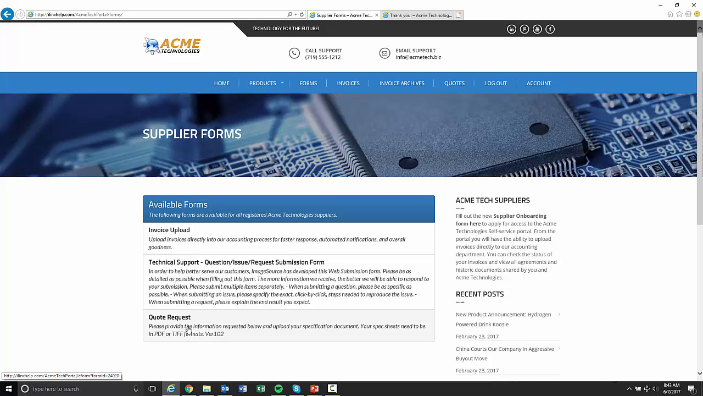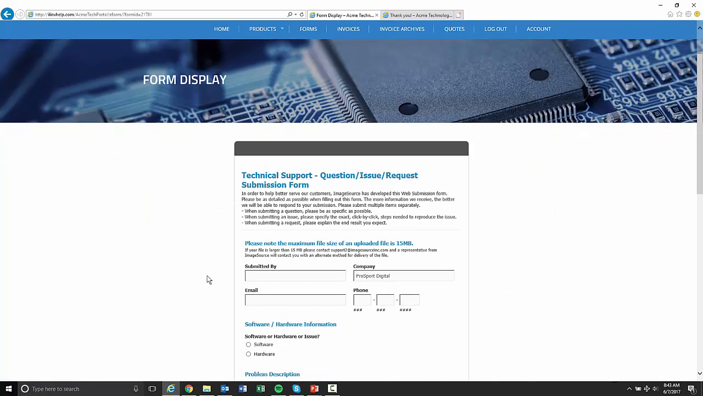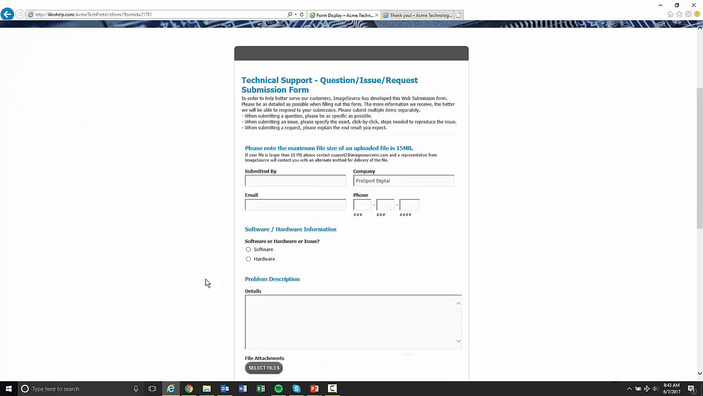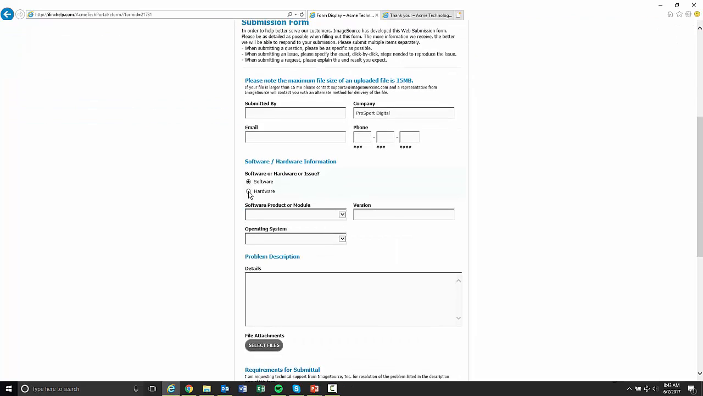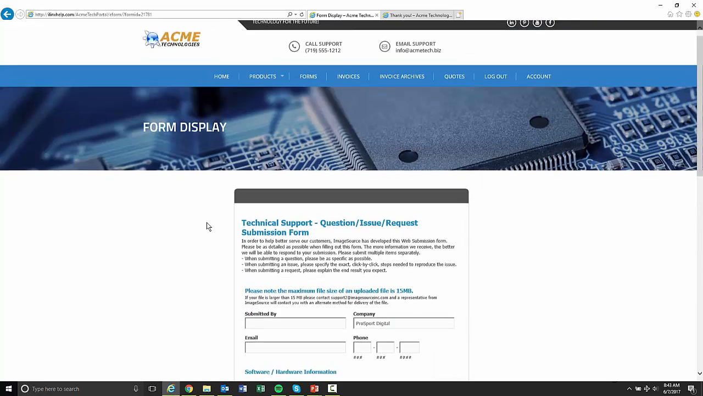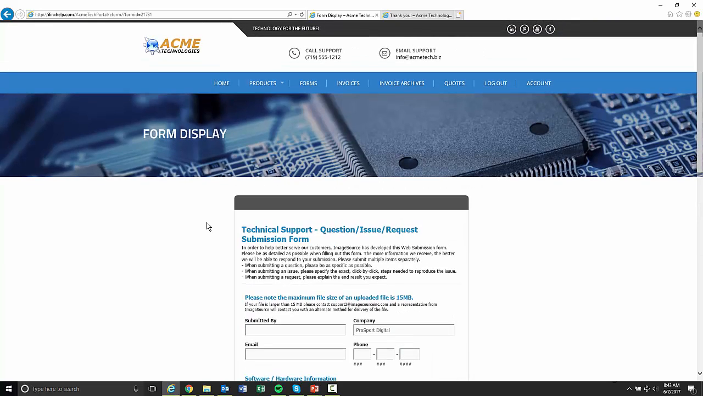And as a supplier, I can upload invoices, I can submit a technical support request, or I could look for a quote or submit a quote request. And this is using ILINX eForms. And unlike the application, these are actually embedded directly into the website. And then it uses all of the capabilities of the ILINX eForms to be able to allow, in this case,